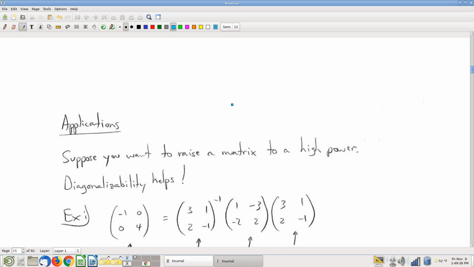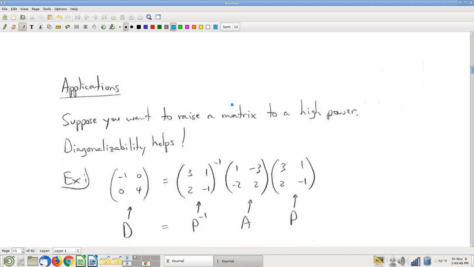So there's still a little bit more to say about diagonalization, and what do you do if the matrix is not diagonalizable? We'll talk about that in a few minutes, but first I want to go to an application, and these are just a couple of little quick and cute applications. The big application for diagonalizability is going to come later in the course in Chapter 6. Again, we're going to use diagonalizability to solve a huge category of important differential equations, which is a pretty clear application. Anyway, we're not going to get to that for a while. So just to tide us over,